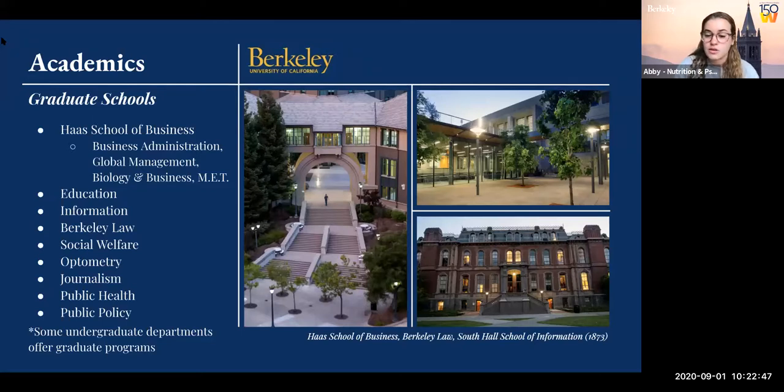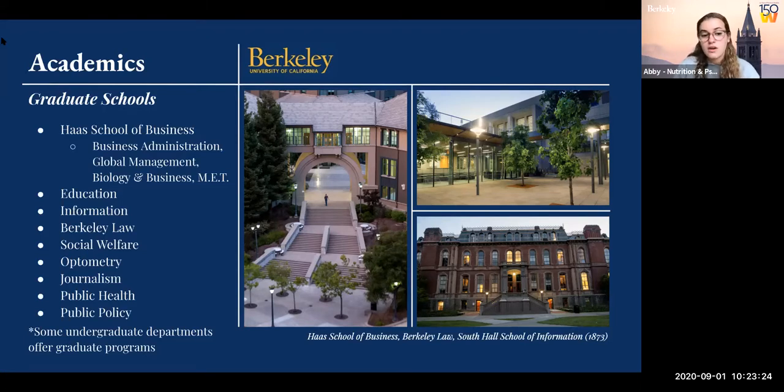But in addition to the Haas School of Business, we have the College of Education, School of Information, Berkeley Law School, which you can see to your right. It's amazing because all of these colleges can be accessed as an undergraduate student, whether that be with graduate students as your instructors, or for me, I know I went to a couple law lectures that you're able to just find on Facebook and reply to go to. And that was amazing because I was hearing people speak that I had read their books from. So that was a really cool opportunity and a really great way to access graduate schools when you're going to such a large university.